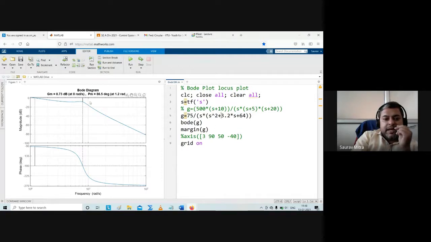So here this is that hump, which is happening at minus 20 log 2 zeta. Reduce this value and you will find that this hump will increase. Just see this part. This part's amplitude will increase because I have reduced the damping. So the lesser the damping, the more the hump will be.